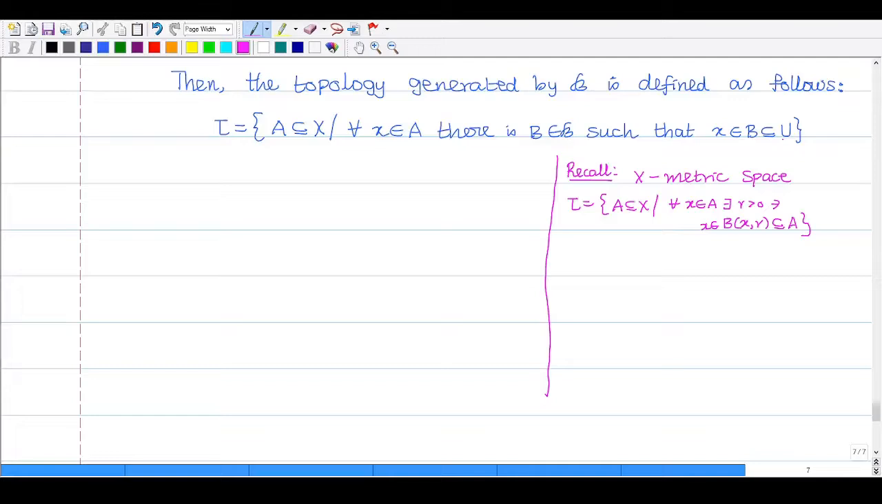Here x belongs to B, which is a subset of A. Of course this is not U, this has to be A. For every x belongs to A, there is a B belongs to script B such that this condition must hold. This is called the metric topology, as I said in the first video: X is a metric space and tau is the collection